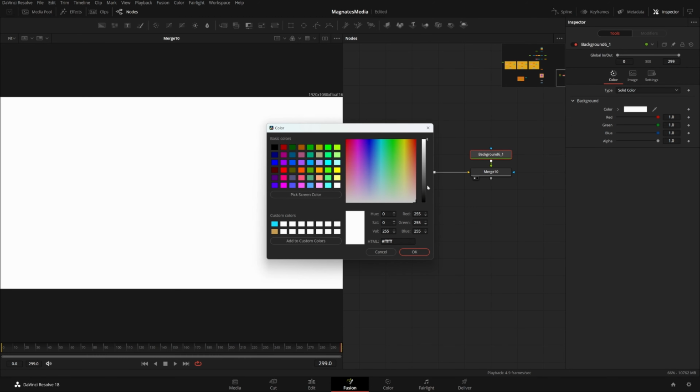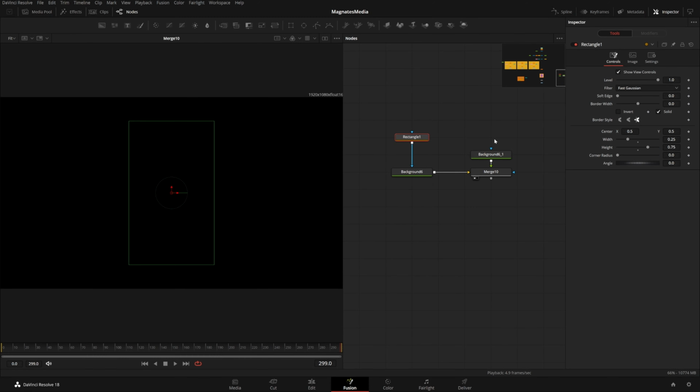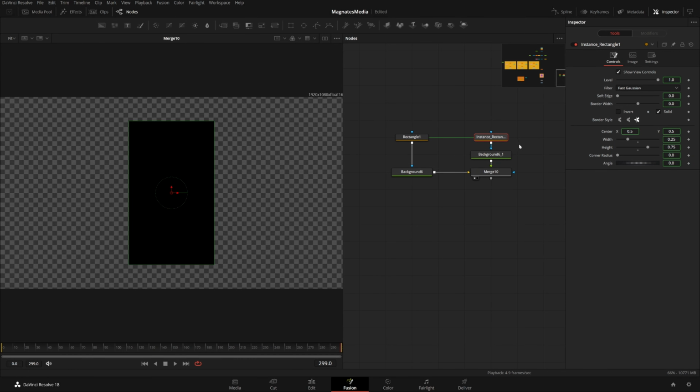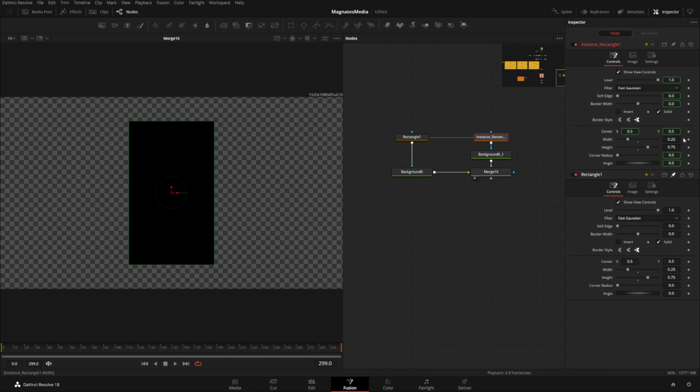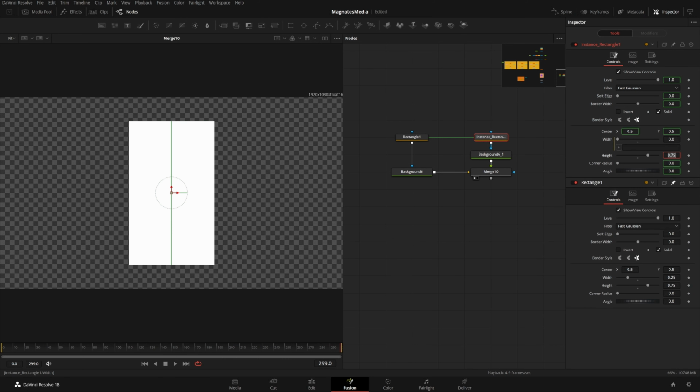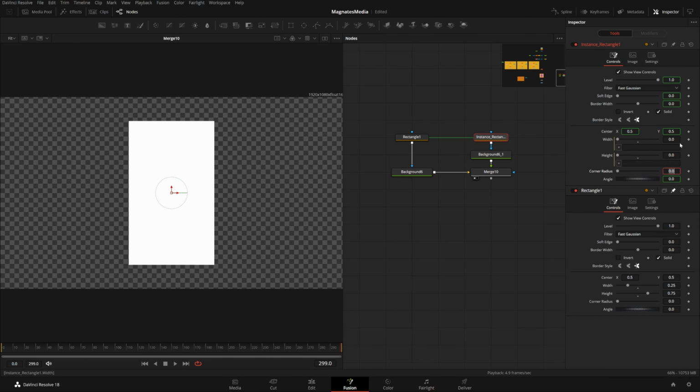In this background, make it black, and copy this, Control C, and do Control Shift V. Now you can see this instance link, and its instance, all the parameters of this node have this green border. Connect it to this background, and in this instance, right click, de-instance, right click on height, de-instance, and boom, that's it. Now click over here, pin this, click over here, type is equals to, do the same, is equals to,